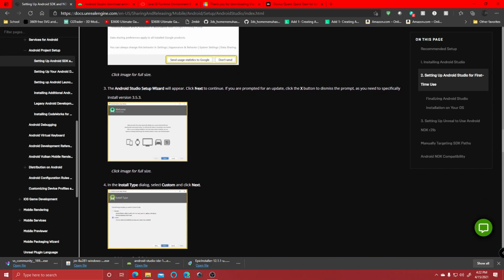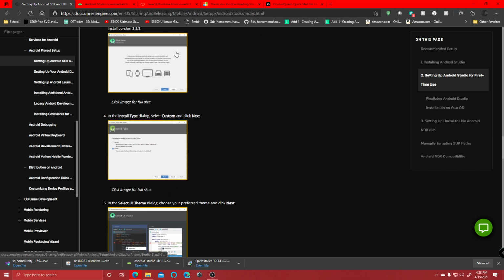Now, the Unreal development documentation doesn't show this, but when you are on this screen where it has the car, the TV, the watch, the phone, etc., there will be a little notification that covers up the buttons down here, and it'll ask you to update to a newer version of Android Studio. Press the X button. You do not want to upgrade to a newer version of Android Studio at this time. It won't work. Once you close out of that notification, you can just go on and install as it shows,